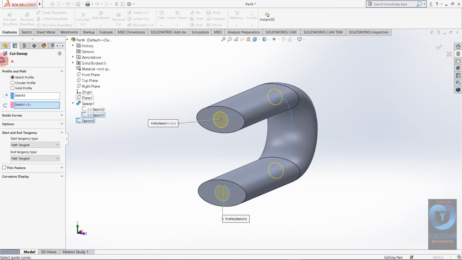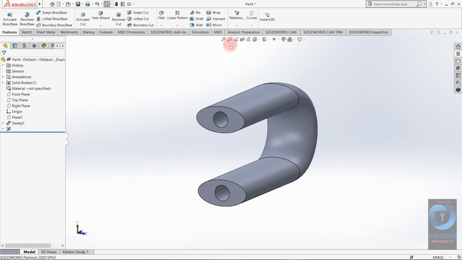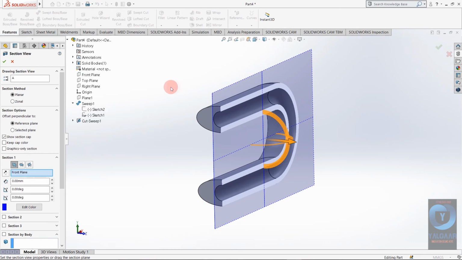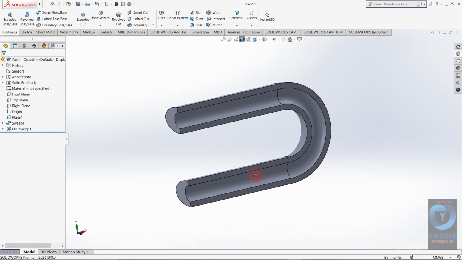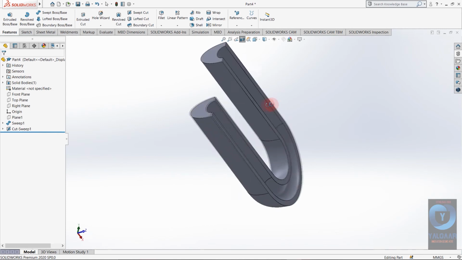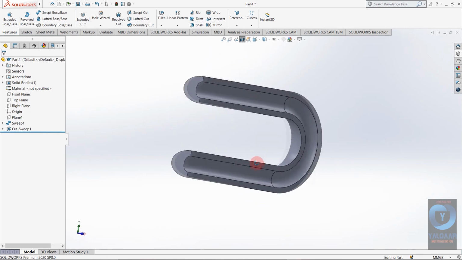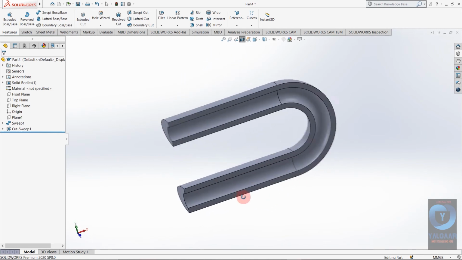Now I am going to click OK. By taking a section view you can see the hole is created. So you can use this command to make various tubes or bent curves which you cannot draw with extruded boss.